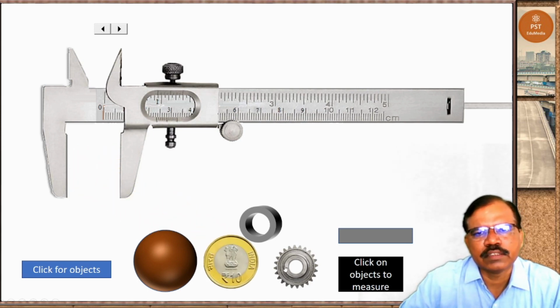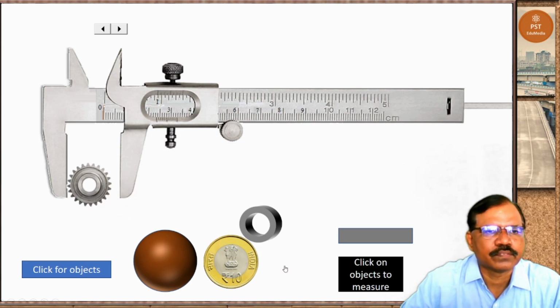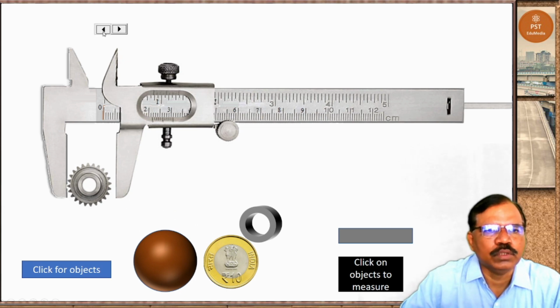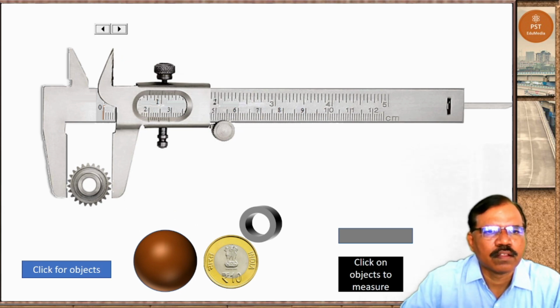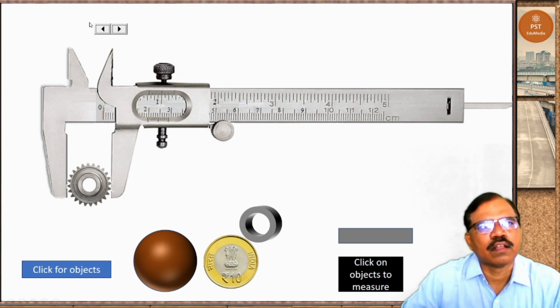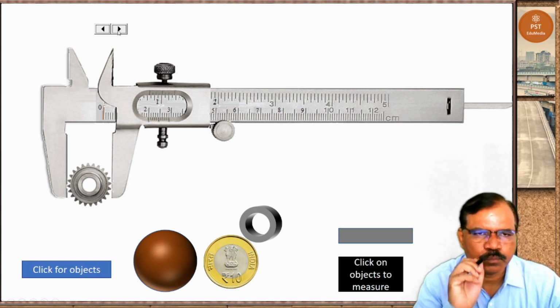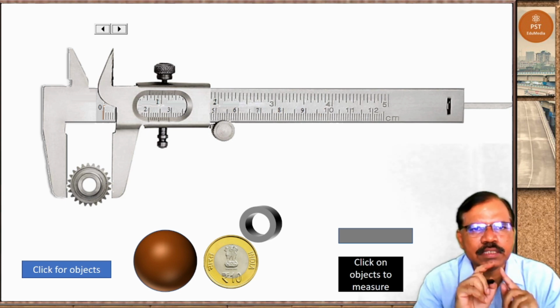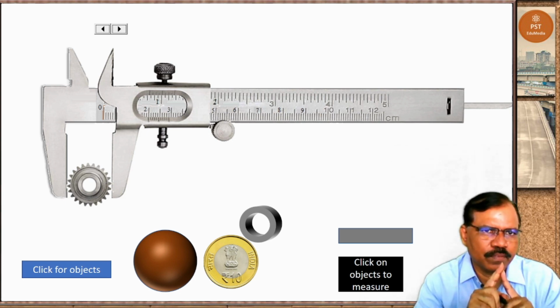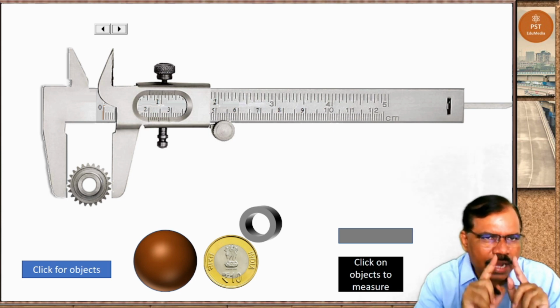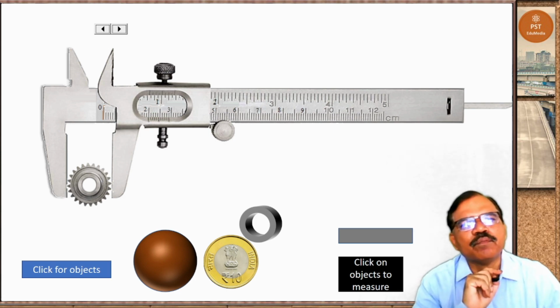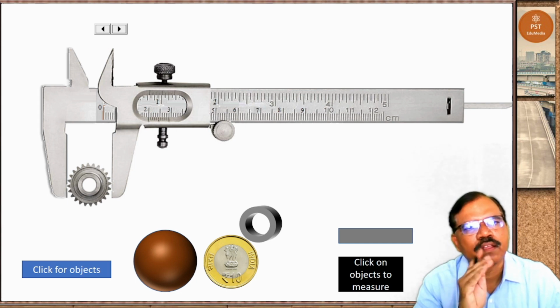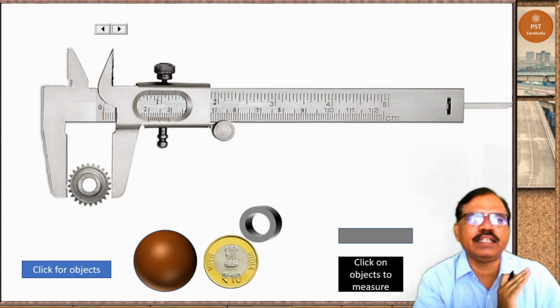Now we'll take this gear. Now move this. Now see here. If we see first line of vernier scale and line on main scale, it is just behind 2.